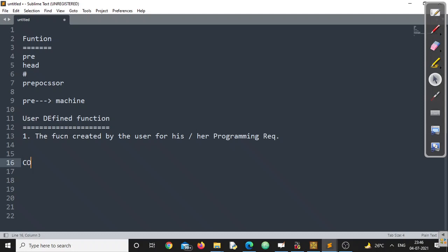So we'll talk about the components of a function. You can say components of a function, or sections of a function, or parts of a function, whatever you say. Every function has at most these three sections. I said at most; some parts might be optional under some conditions. We'll look into that, don't worry. The first section is declaration.